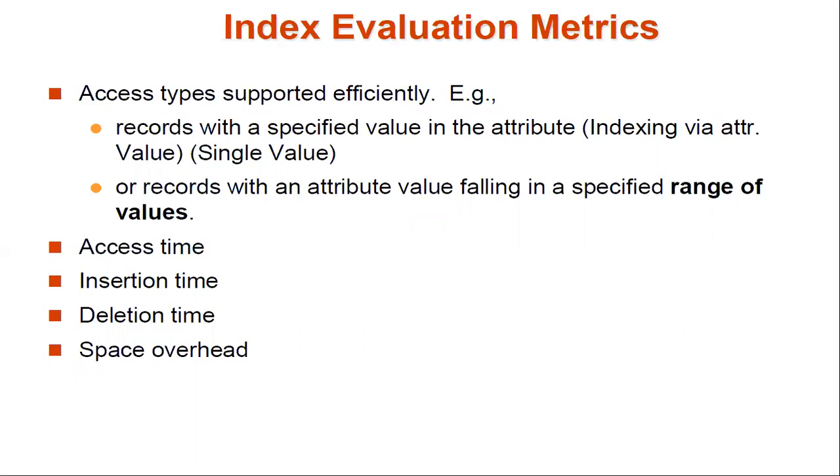We are saving the records in a file format. From the record you will take one or more attributes based on your convenience for indexing purposes, and if you have a range of values in your attribute, that is also considerable. Then what are the other evaluation metrics? Access time is one of the important things for evaluation. As I said, the main purpose of indexing is efficient, quick access. If you are able to access a record very quickly, then your indexing mechanism is working fine.